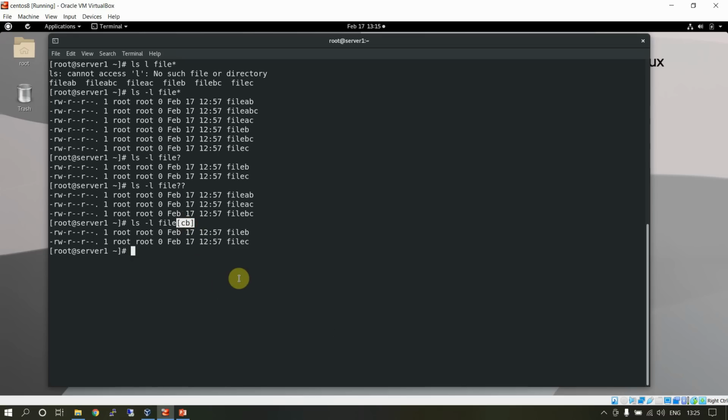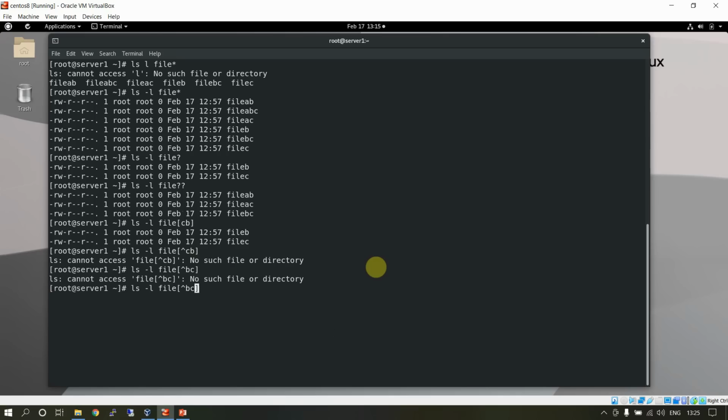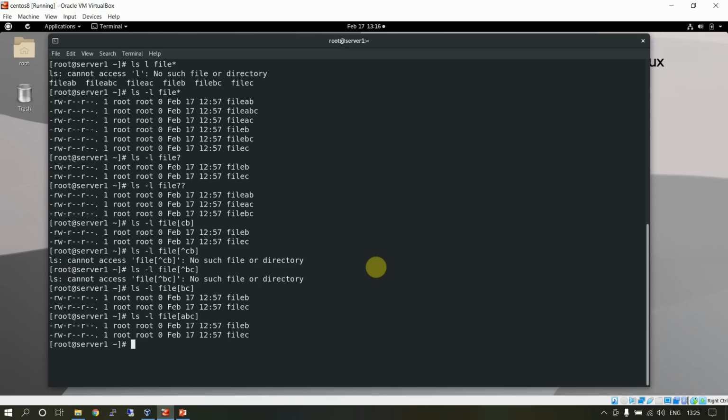So any character within square brackets can be used, and to negate that you can use the caret symbol. Oh, it doesn't work that way. So that has to be BC. Let me see that, because that's used in wildcard. Good. So file BC will work. So any single character from that. If you see ABC, any character, either A or B or C, from the character class you define. So that's how the single character wildcard, character class, or multiple wildcard character star works.